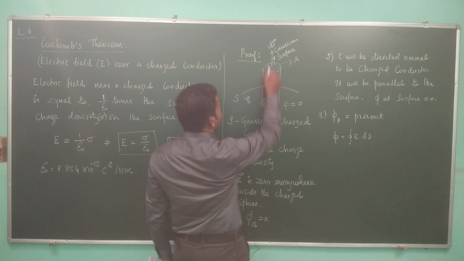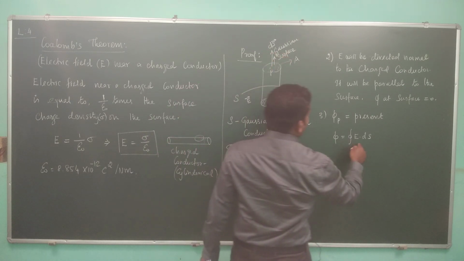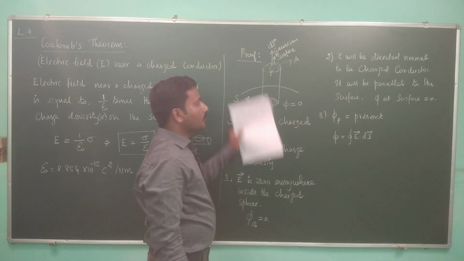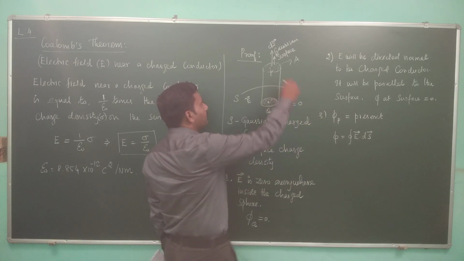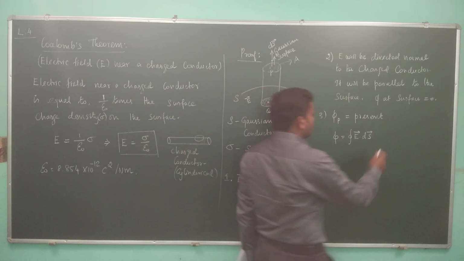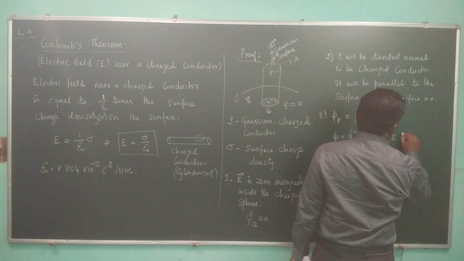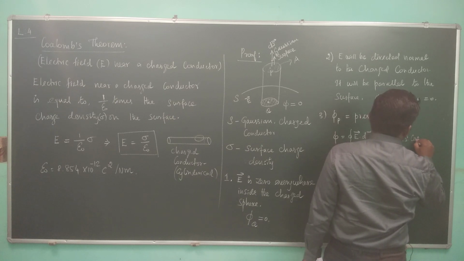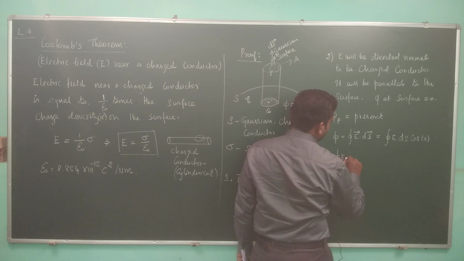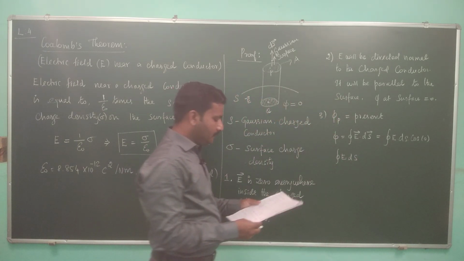In that case, this is the perpendicular, so this is E. Here we have to take E vector dot ds vector. Both are parallel, so the angle between E and ds is 0, so that we get integral of E dot ds cos 0,